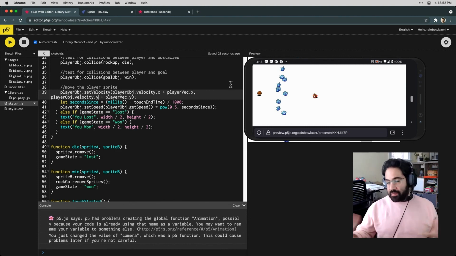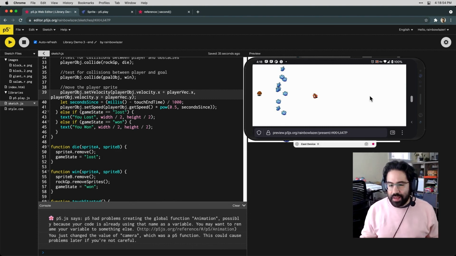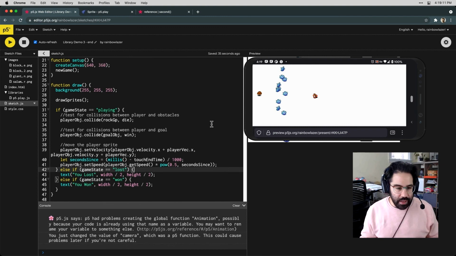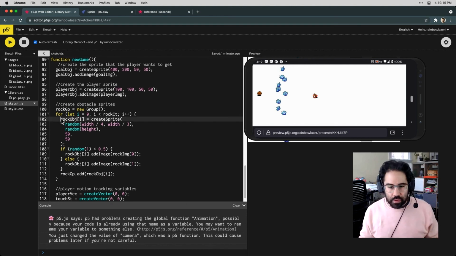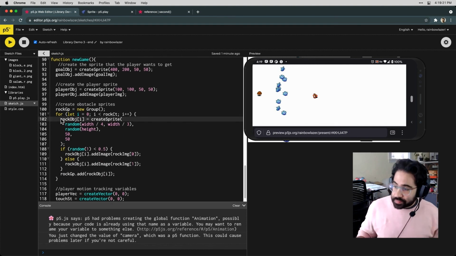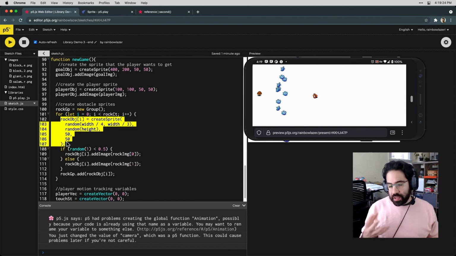Of course, I could spend unlimited amounts of time tweaking this and messing around with it. I think the last touches that I'll put on this, which I won't record here, are making sure that it can actually go full screen, and then maybe adjusting the density of these obstacles in terms of how they're laid out. And luckily, I have a pretty good setup for that already in my new game function, where I'm just using some random settings to control that distribution. So overall, this should hopefully be a nice, pretty in-depth overview of how to use a library